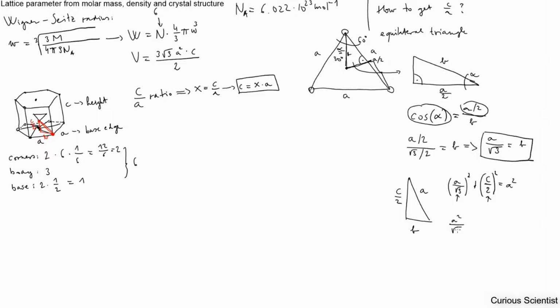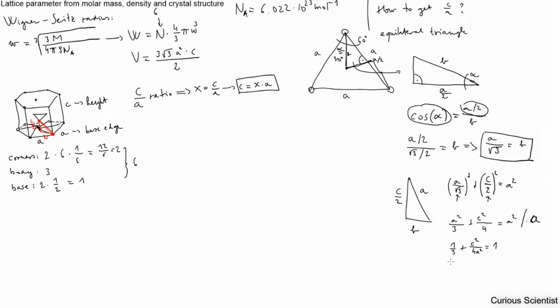So A squared over 3, sorry, I messed this up. So A squared divided by 3 plus C squared divided by 4 equals A squared. And then we have A squared on both sides, so let's divide by A squared, and then we get the following: 1 over 3 plus C squared over 4A squared equals 1. So we rearrange, and then